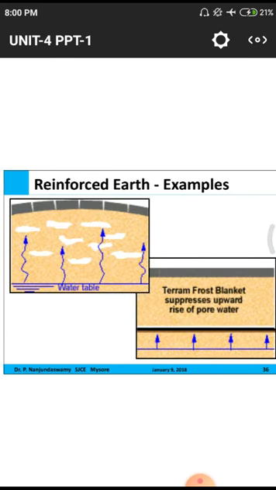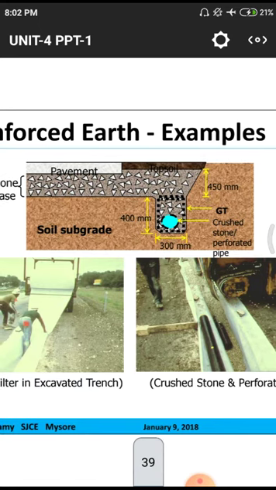Okay, first of all we have to observe the soil subgrade. On the soil subgrade they have done the consolidation. Above the consolidation they have this pavement. Below the pavement they have some stone base. We have to observe the thickness values, the geotextiles, crushed stones and perforated pipes,